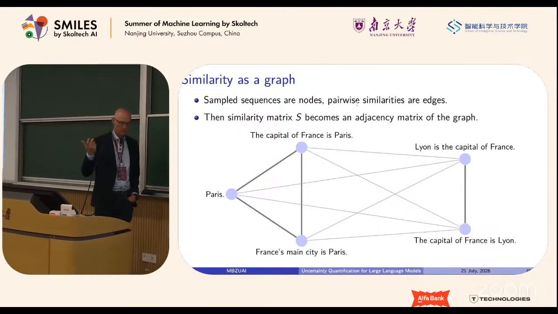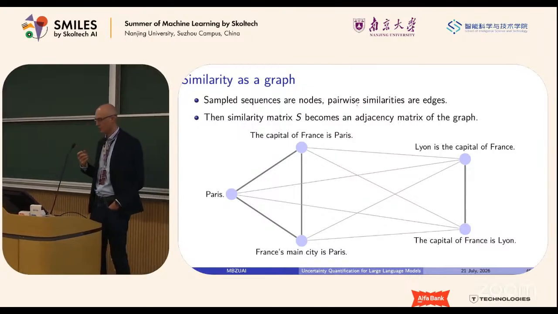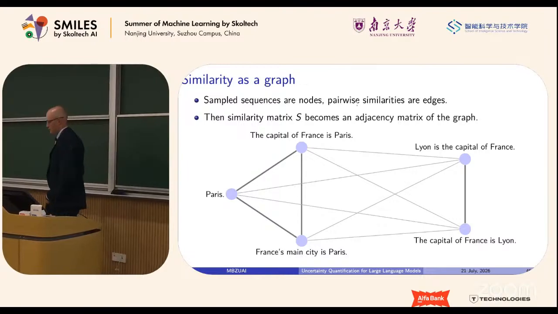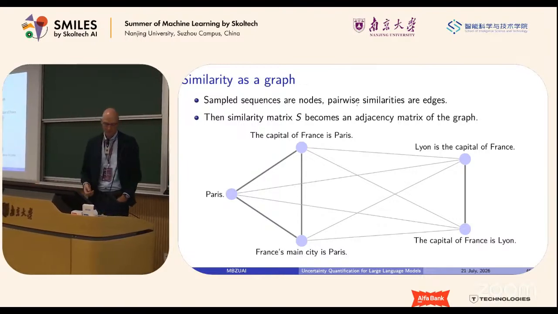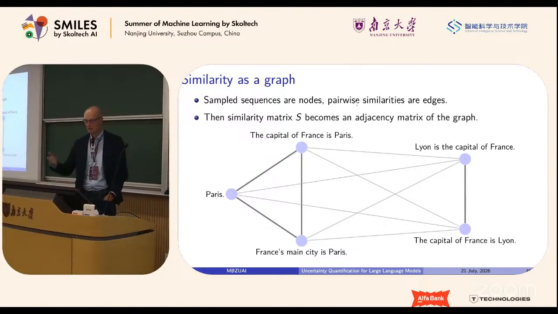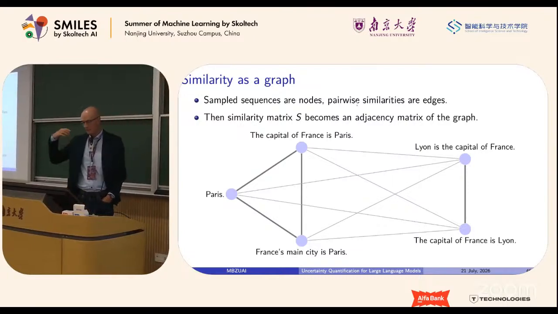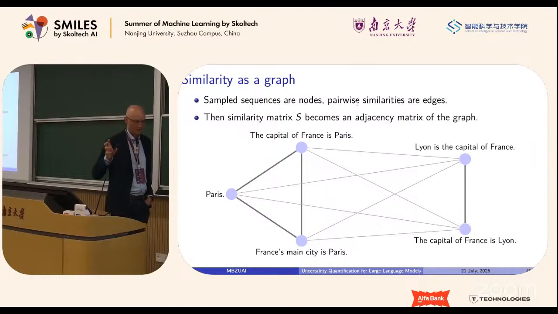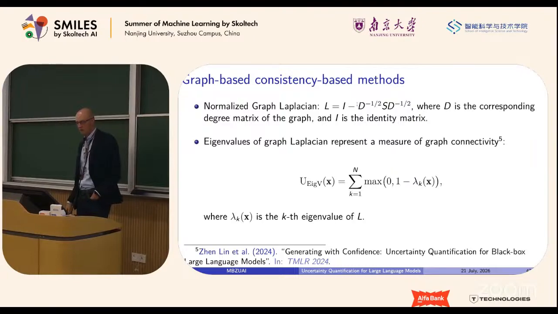So what you can do on top of the similarity approach, and on top of the consistency-based approach, is build a graph, and then you can apply basically all techniques that you usually apply when you analyze the connectivity of a graph. I believe Alexei can tell you more about how these things work. You can just analyze the similarity graph in multiple different ways. One of these approaches is, for example, using the graph Laplacian.